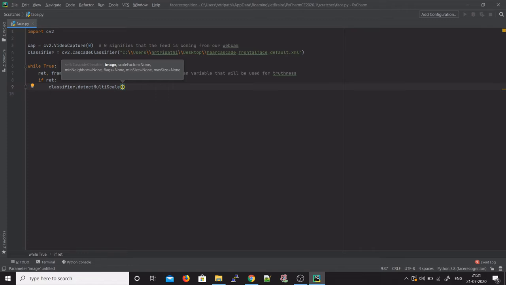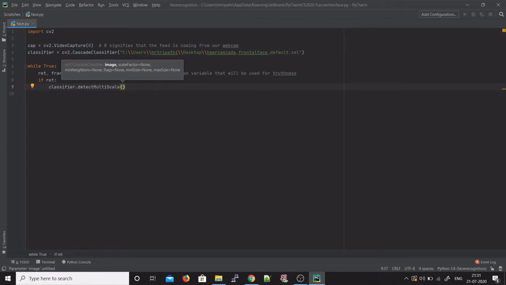So first of all, this detectMultiScale is a function that detects objects of different sizes in the frame. So you got your frame, and just suppose that there are 4 faces in your particular snapshot.